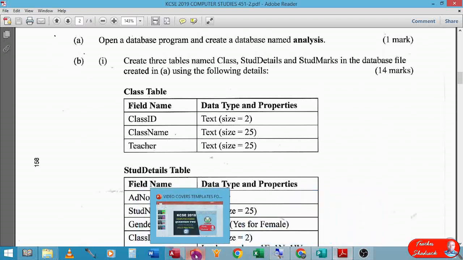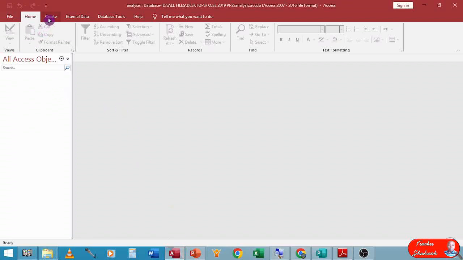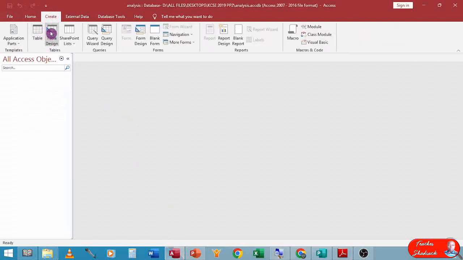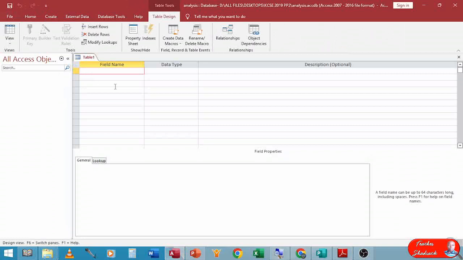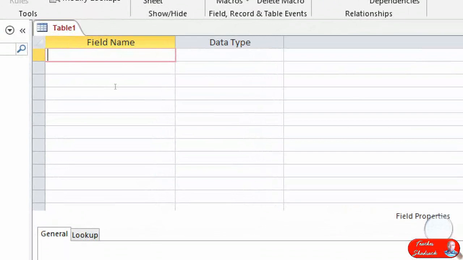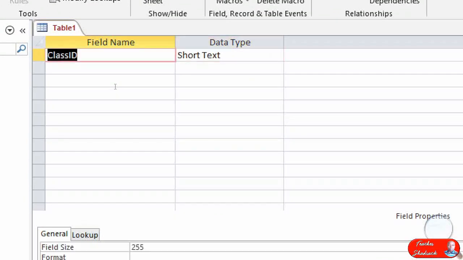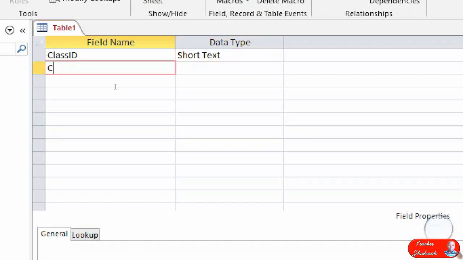So back to Access, where again now we create a new table. I always use table design, and I'll zoom in, guys, so that you're able also to view and to follow what I am doing. Class table. It has got a field name called class ID, no space, class ID written like that. Text size shall be 2. Let me first deal with the field names and then come later on to change the field sizes. Class name, and then teacher,